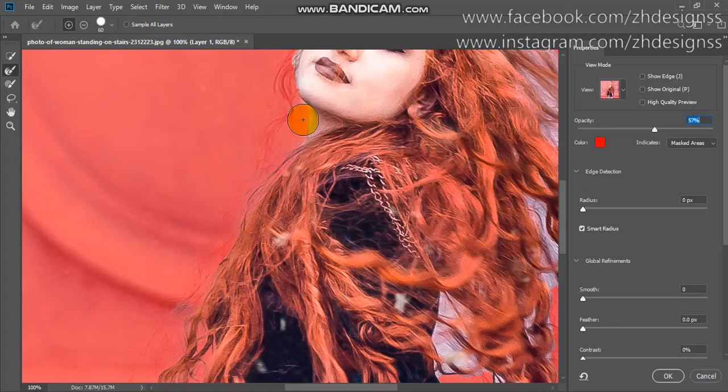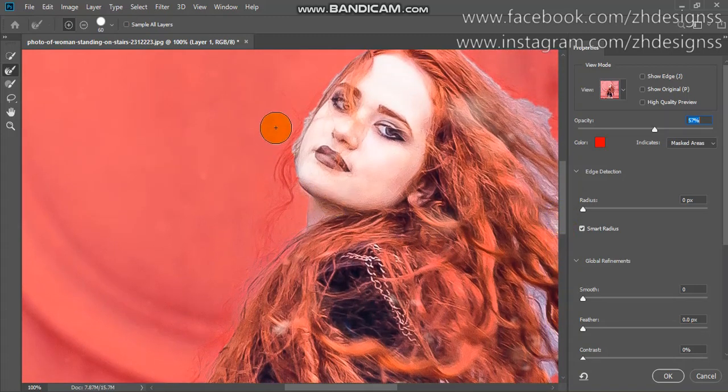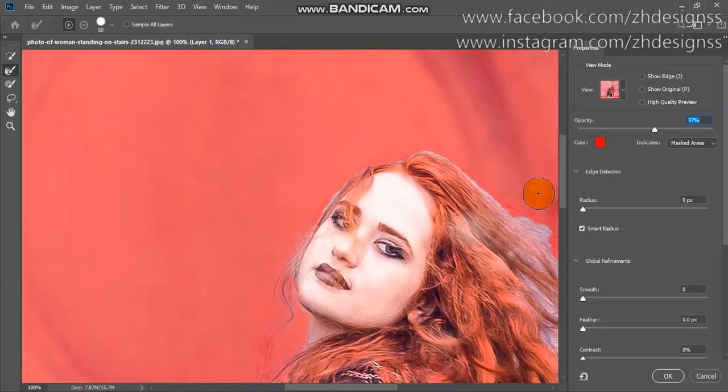It can also sometimes pick a very deep pixel area, so you just need to be careful. Now apply it here.